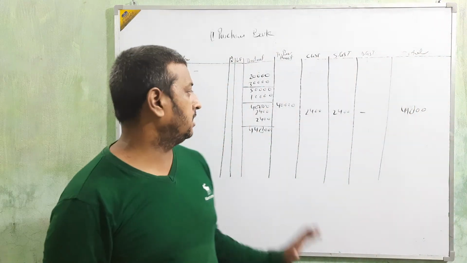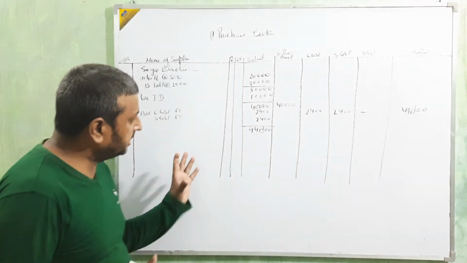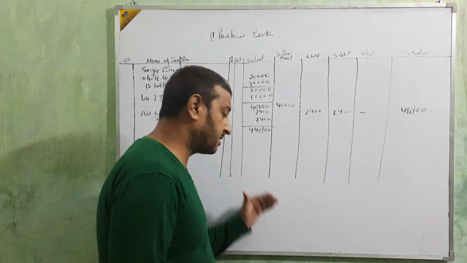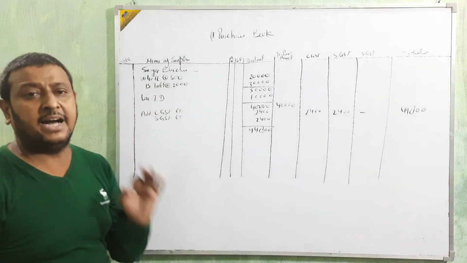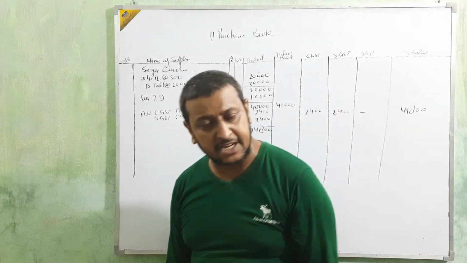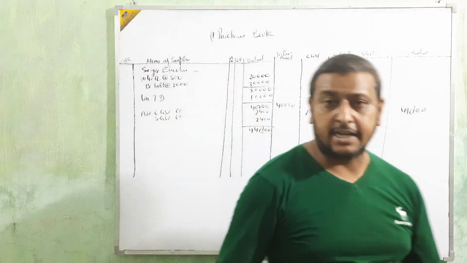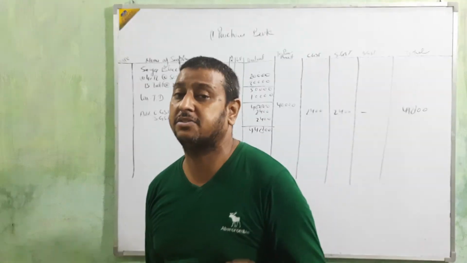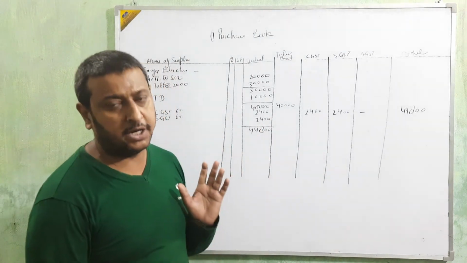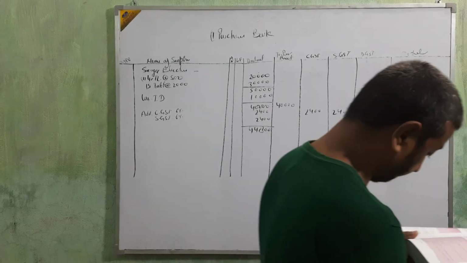Okay beta, in this way we are going to present. Clear? In this way we are going to present, and then the others we will present, but only keep 2 things in your mind. We are not going to take any cash transactions, and we are not going to take the purchase of any assets, beta.